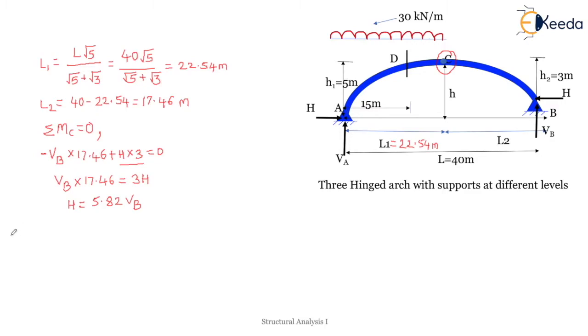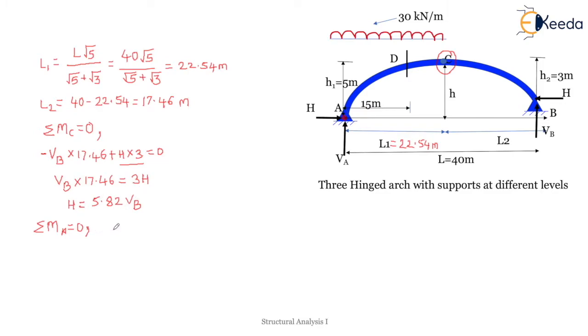Now let us consider moment about any one support. So let us consider moment about support A is equal to 0. Let us solve this question. When we consider moment about support A is equal to 0, we see what are the loads available. When you consider moment about this particular point A, you can see a reaction here, this reaction and the UDL. Three forces are there.